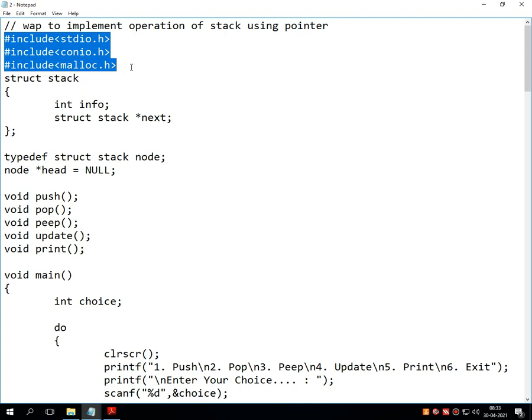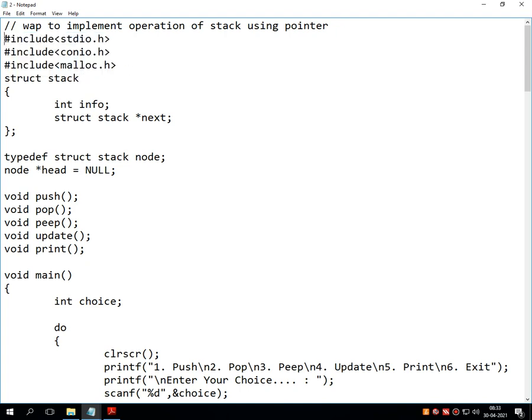Now what will be the structure of pointer? After writing these two necessary header files, standard input output.h and console input output.h, here I have used the dynamic memory allocation header called malloc.h.